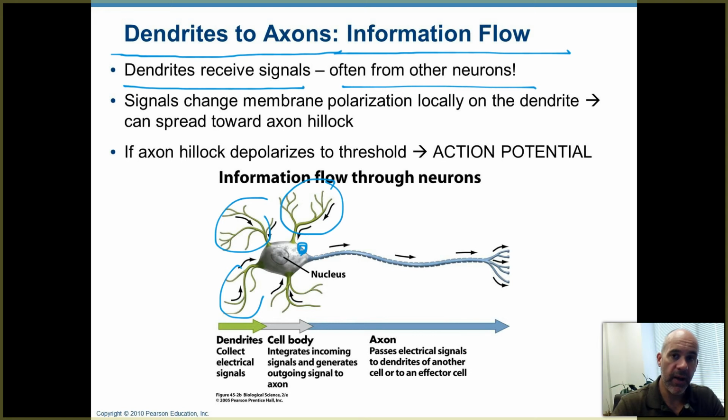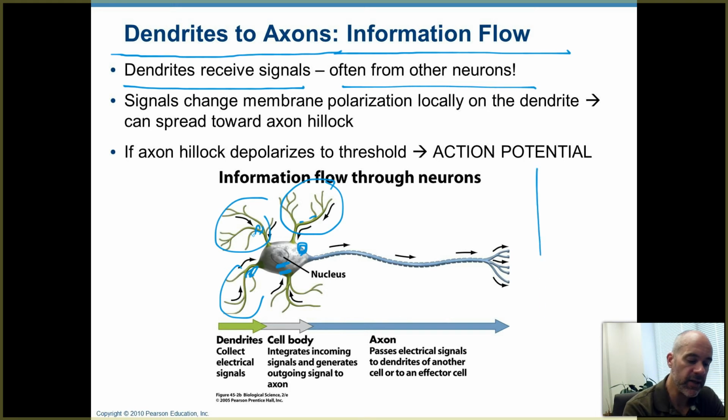All right, so when you've got a neuron that's forming a synapse with another neuron, it's going to be secreting a neurotransmitter, a chemical, across the synapse. And as we're going to see, that neuron is going to be causing changes locally around the membrane, around where those synapses are formed. So it could be over here, over here, or along the cell body there.